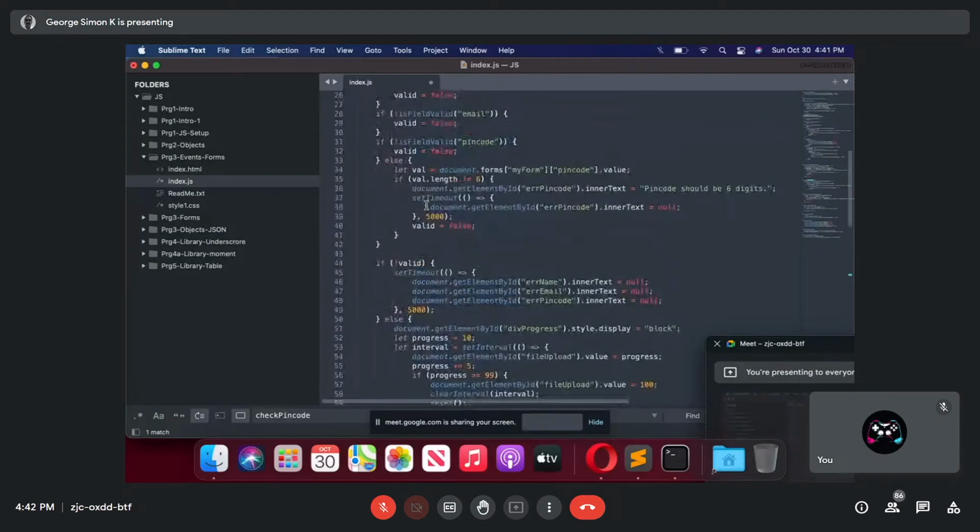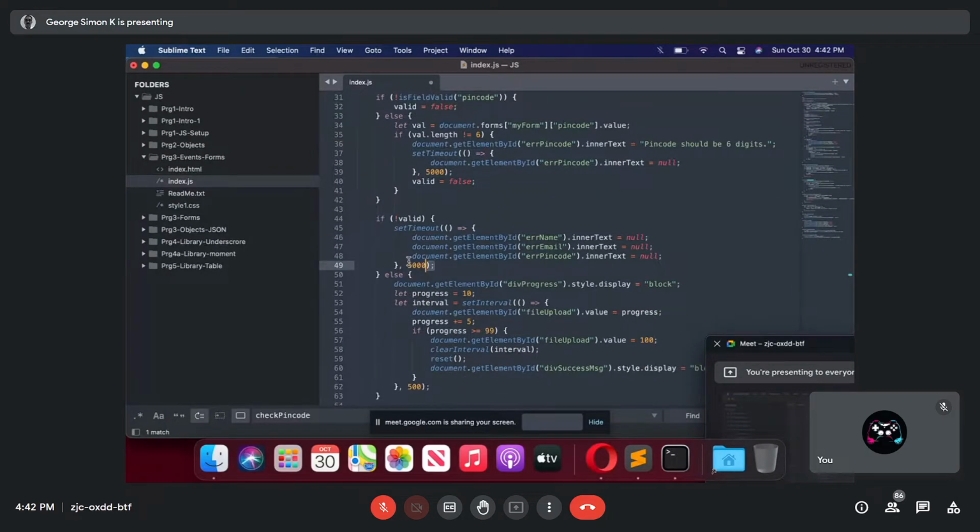That is because I've written a setTimeout. Timeout is another wonderful method inside JavaScript, which will be executed after the specified number of milliseconds. 1000 milliseconds is 1 second.